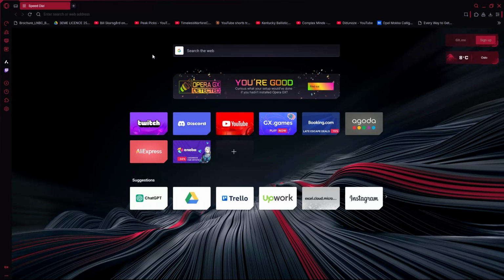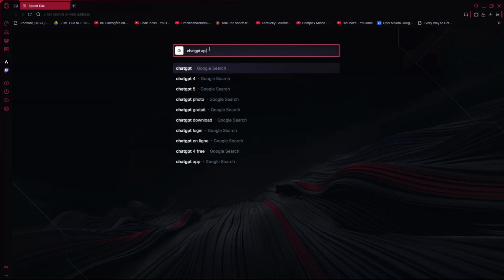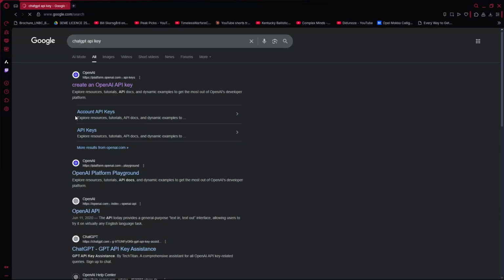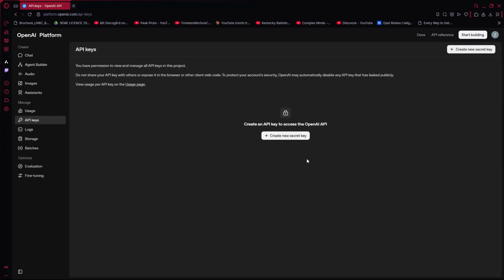Now, the first thing that you have to do is to head to Google and then search for ChatGPT API key. Now, once you have made your search, click on the first link. It will ask you to either create an account or to log into your account. So in my case here, I am already logged into my account, but you will need to log into yours,